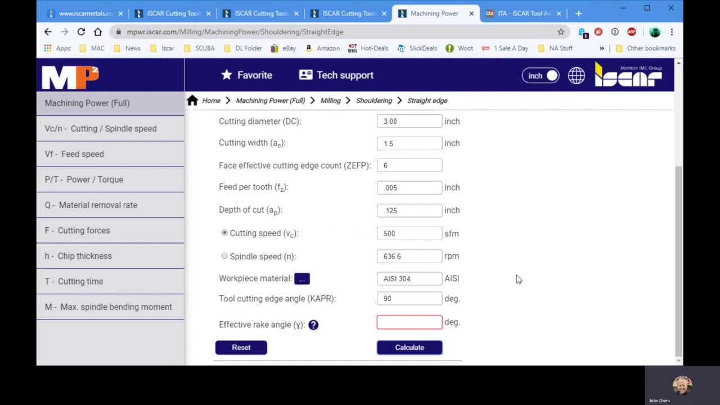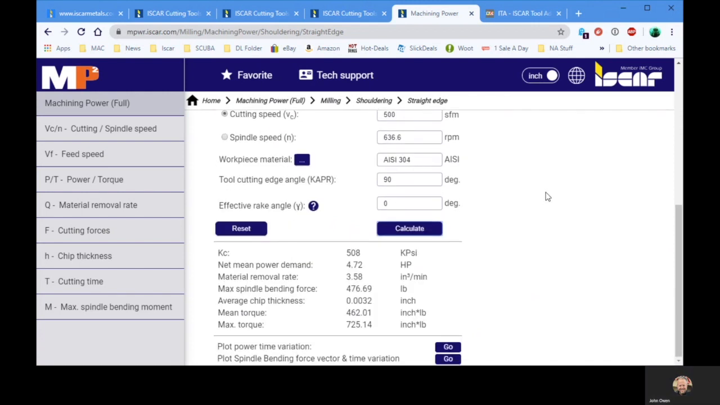Calculate. Oops. So you have to put that in there. 0. Calculate. Oh, there we go. All right, so it gives you some information here. Power demands, material removal rates. If you go down